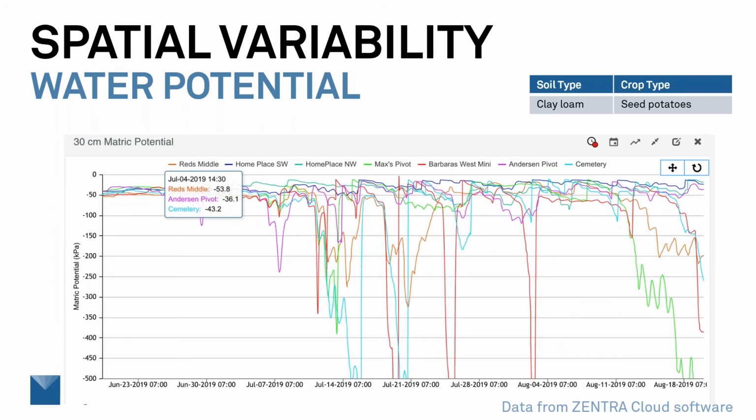Here are all those 7 same fields at the same depth, 30 centimeters, and we can now look at the water potential of all those sites. And from this graph, we see that the water potential is all within plus or minus 10 kPa in all of those fields, which is just incredible. It all starts basically at the same place. But it's something we'd also assume, based on our knowledge of water potential, that these fields, because of being wet from the overwinter precipitation, should be all starting about the same energy state.